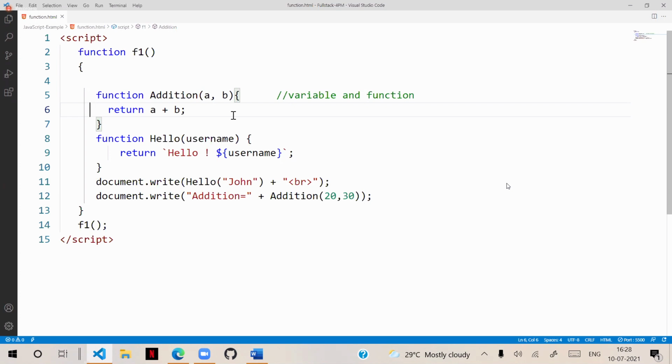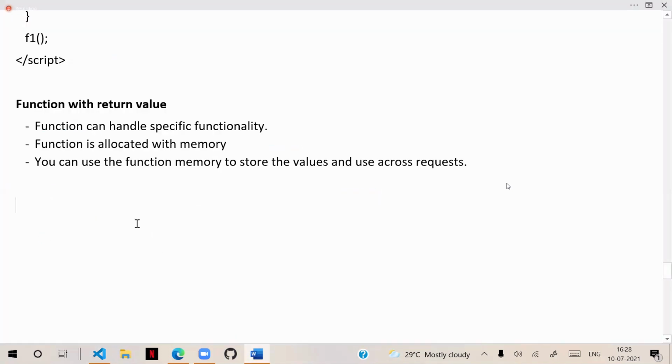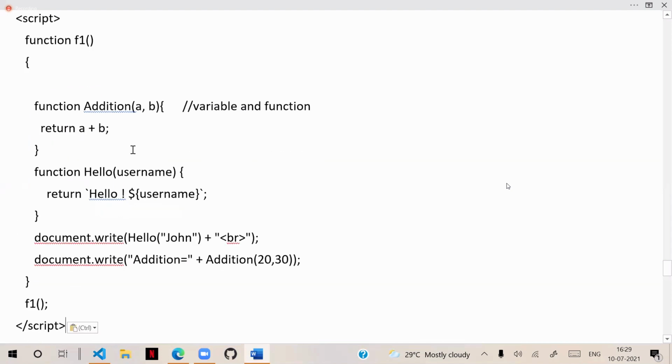We don't need any additional memory. Without configuring any additional memory, we can handle the functionality. That is actually the purpose of a function with a return value. So that is basically why we need a function with return. Without having additional memory allocated, we can use the function memory itself to store the values and handle the values.